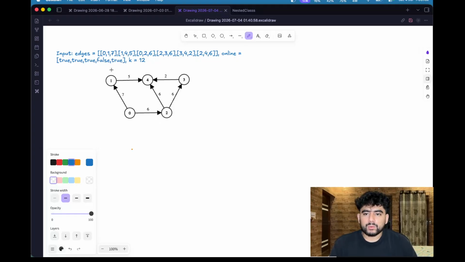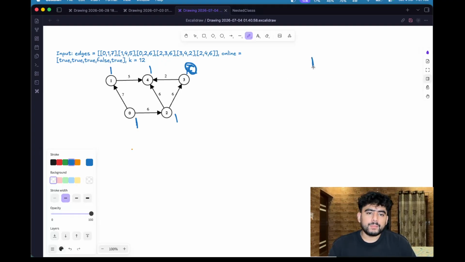Node 1 is online, I am writing 1 here, and node 4 is online, node 3 is offline, so I am writing 0 here, and node 2 is online and node 0 is online. So we have to maximize the minimum,